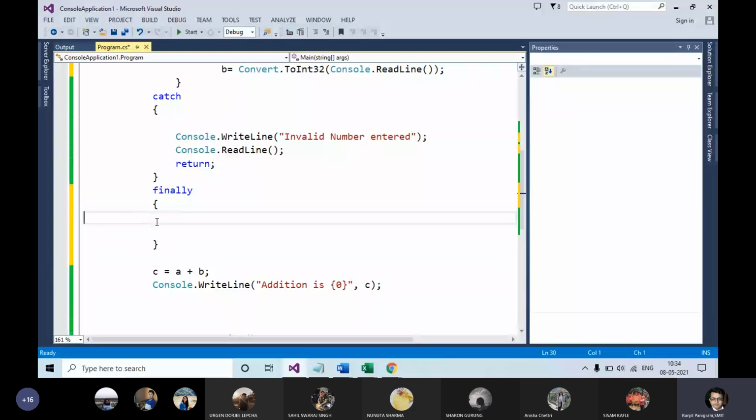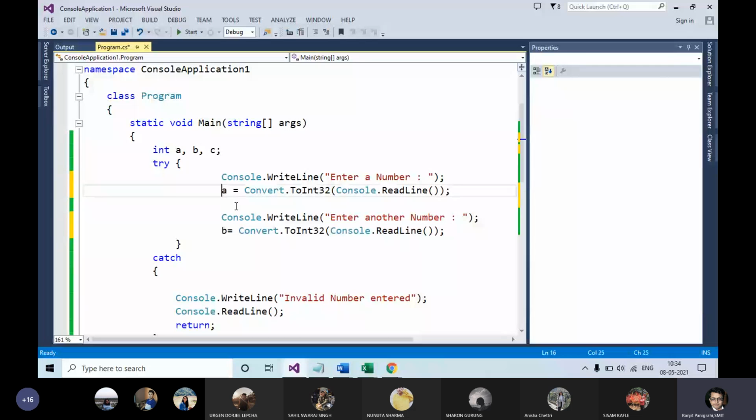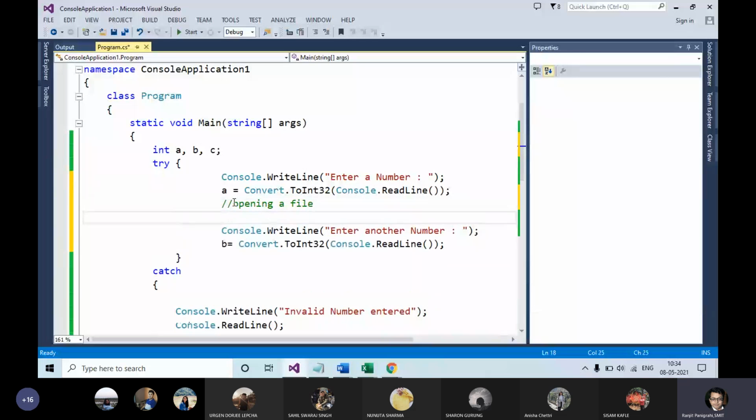Now you just think of a situation. You are opening a file over here. After opening the file, the moment you try to write to the file, you come to know that the file is a read-only file.